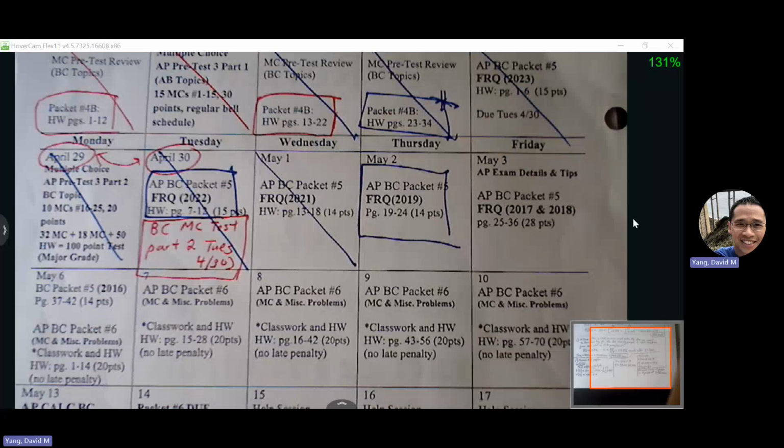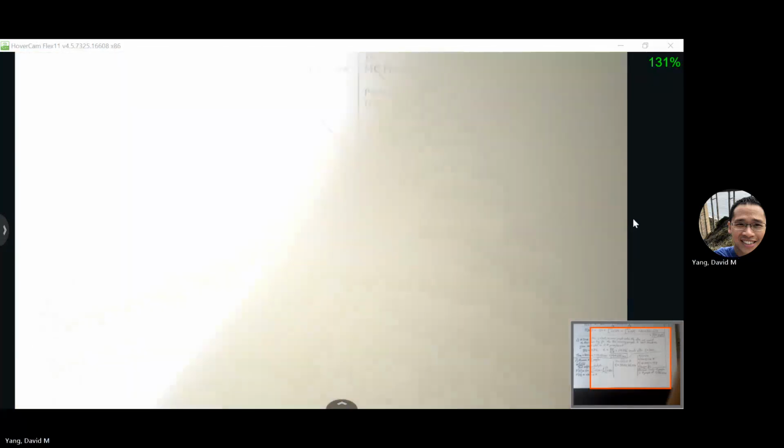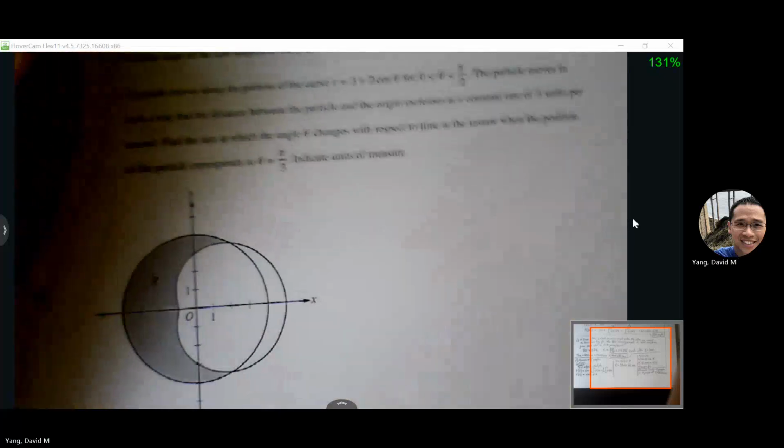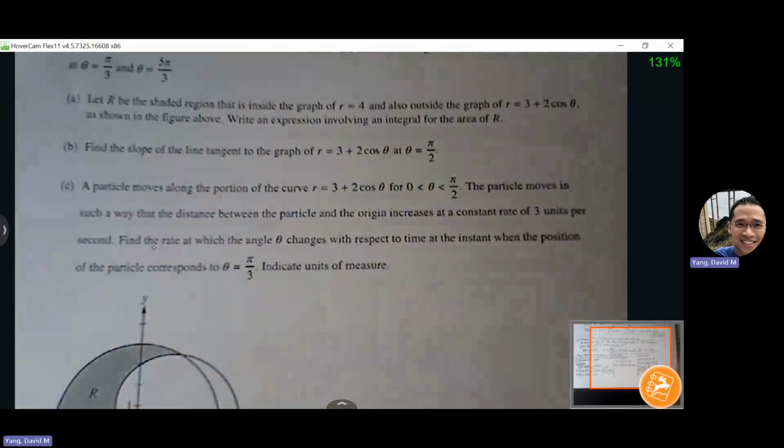Let's see. I want to maybe highlight some problems for us to try. Okay, let's go to page 31. Let's do a polar problem. I think I'm just going to alternate between polar and Taylor series for our last day in class, and the rest